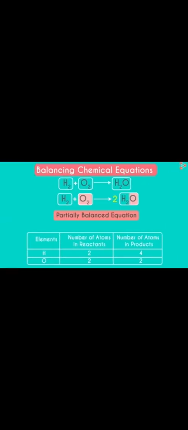Then how will you balance the reaction? So you will see that to balance the oxygen we have to multiply the product side water by 2, and if we multiply the 2 with the water, meaning 2 molecules of water, then naturally it is partially balanced, because oxygen is balanced, but again the hydrogen is unbalanced, because on the product side now the number of atoms of the hydrogen is 4.